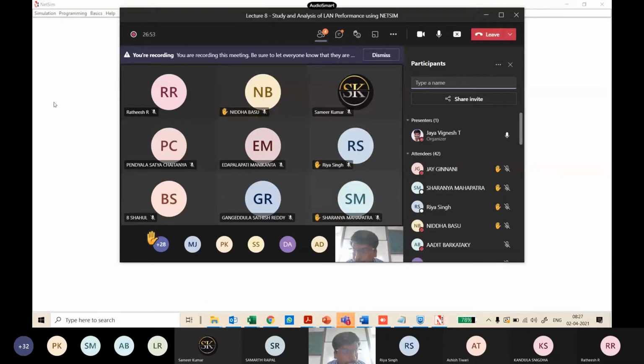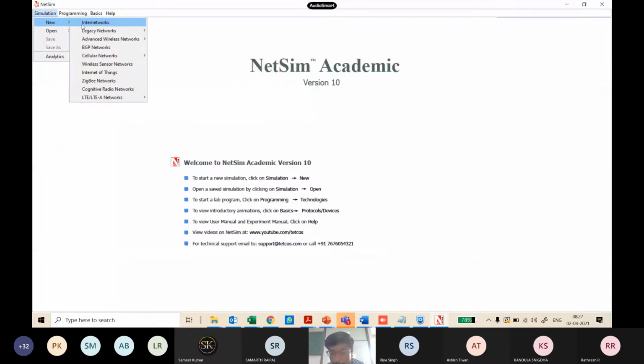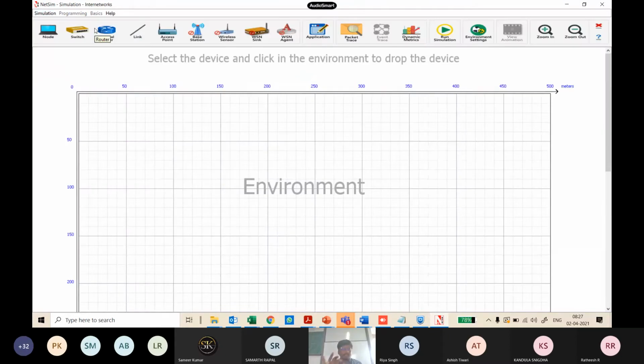Okay, good. So that being said, let's start creating a new project. And the component that we're going to use is the internetworks component. We are trying to build a network, right? And Ethernet, Wi-Fi all come under this internetworks component. That's it. So once you have clicked the internetworks component, you have your environment window. This is where you're going to drag and drop all your devices and links. So all the devices that are there, end devices, networking devices, links that you can use pertaining to the internetworks component. Some are not shown in this component, as they cannot be used here. Okay, this will be used in your cellular component, so we can't use this. All these can be used, right?